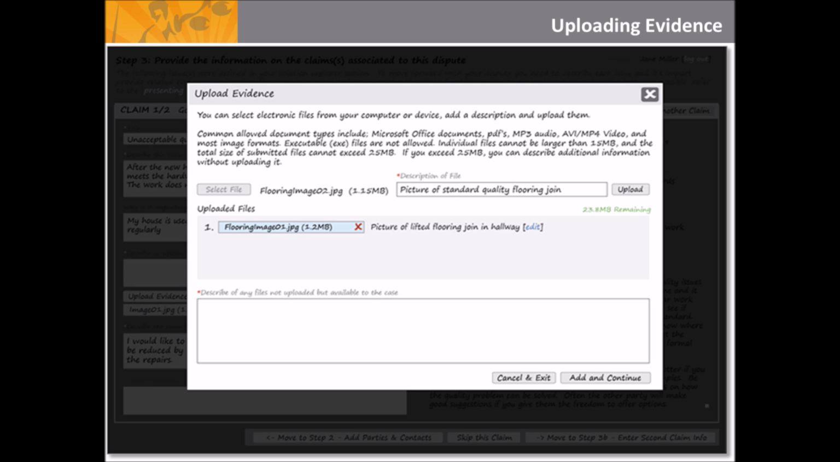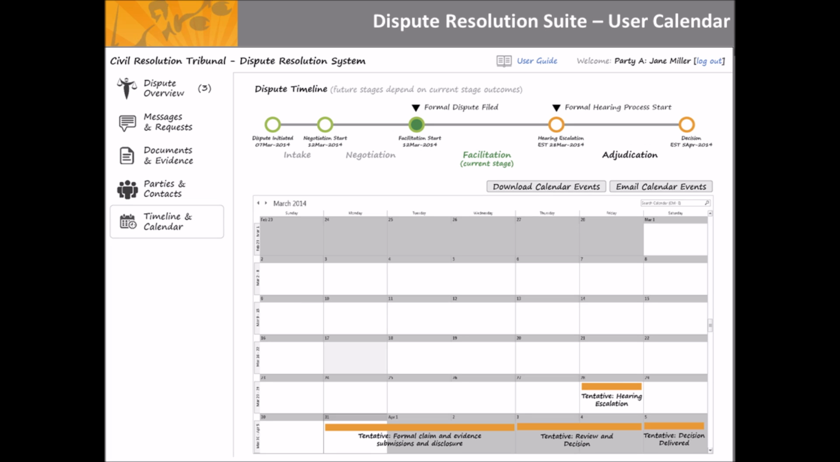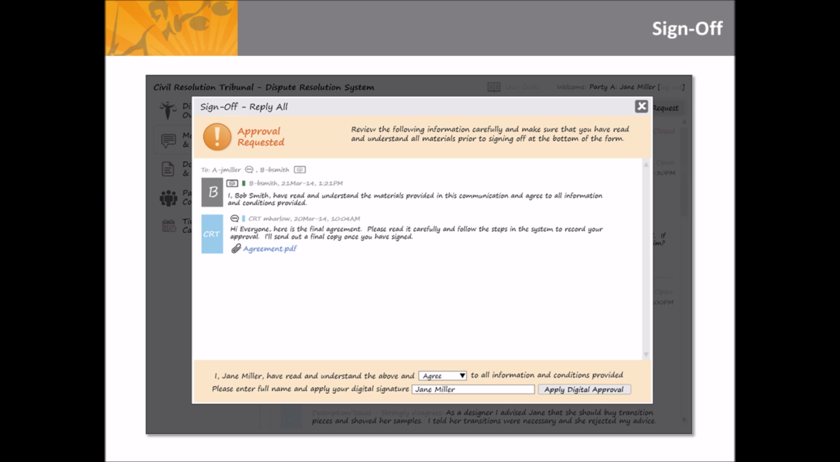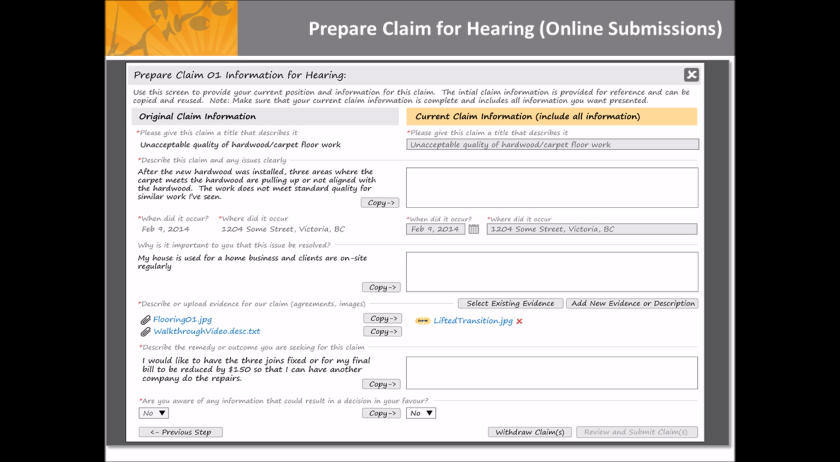It will send it right up into the system and be kept in that case file, at least in a virtual sense. With some very simple tools like calendars, the system can also help to automatically track where the user is in the process, how long the current process should take, and what they should expect to happen next. For any issues or claims the parties are able to resolve, they can sign it off and create the agreement right in the platform. If the parties are unable to resolve their dispute by agreement, then they can prepare it